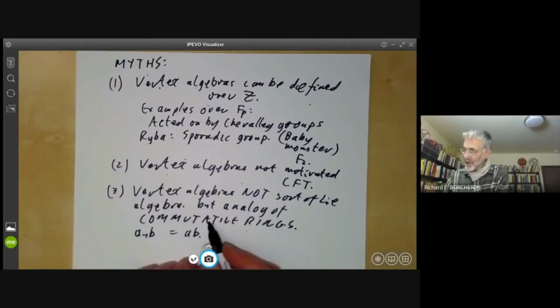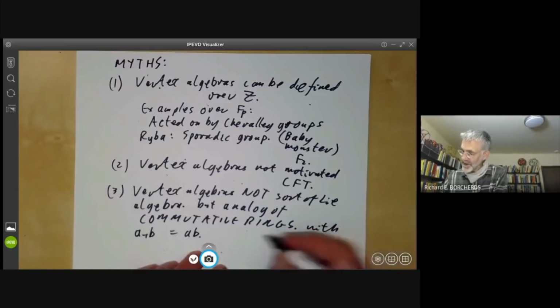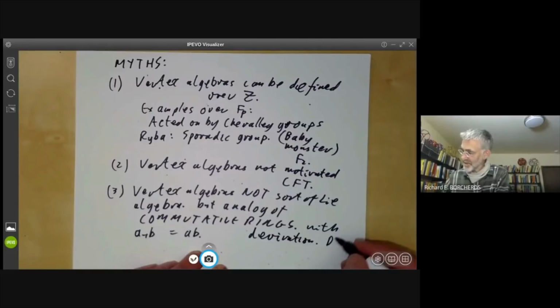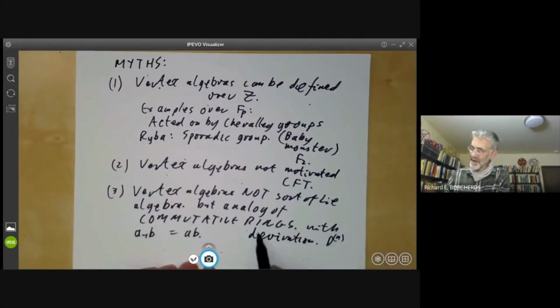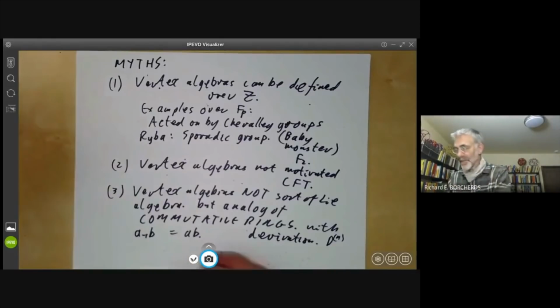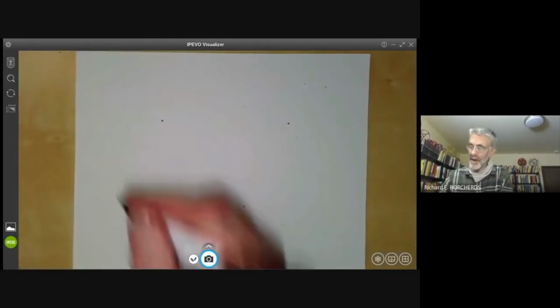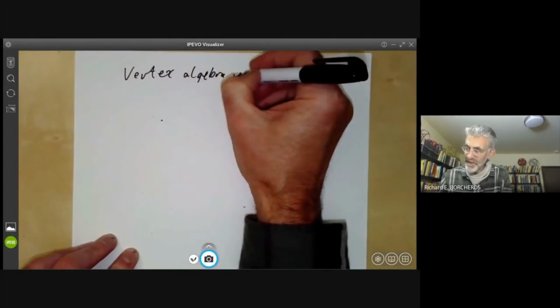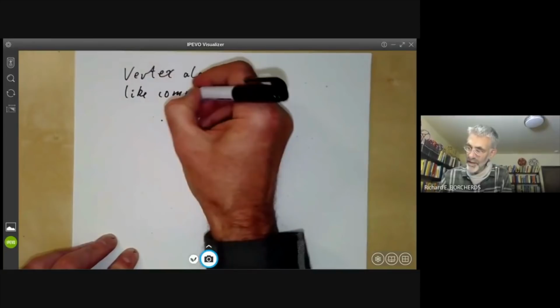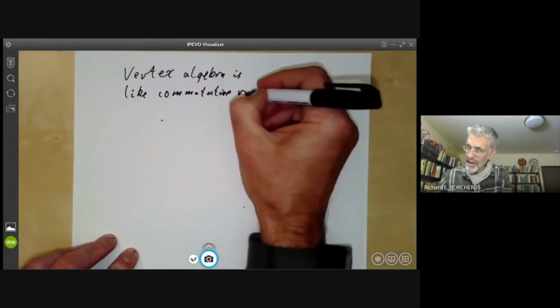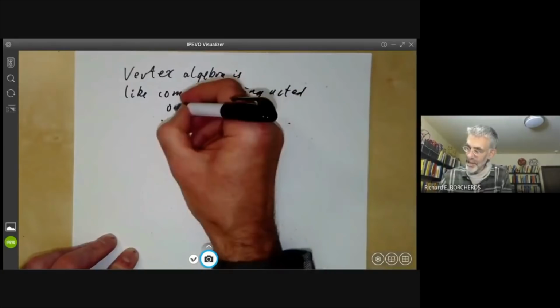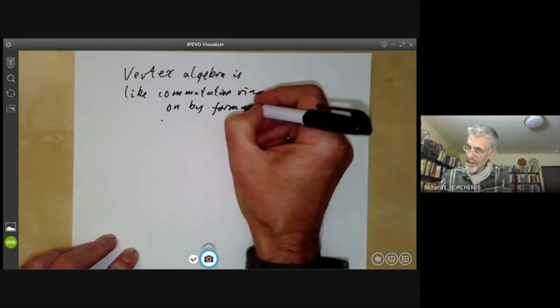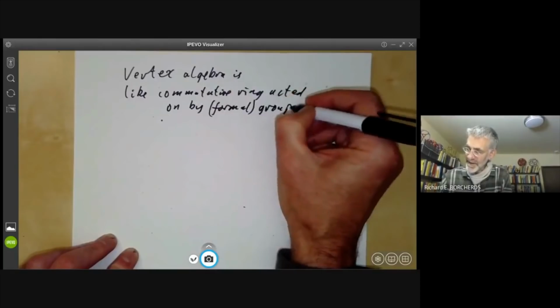More generally, they're analogues of commutative rings with a derivation, or more precisely, a derivation with divided powers, which you can actually think of as being a commutative ring acted on by a formal group. And this is really the best way to think of vertex algebras. A vertex algebra is sort of like a commutative ring acted on by a formal group, except